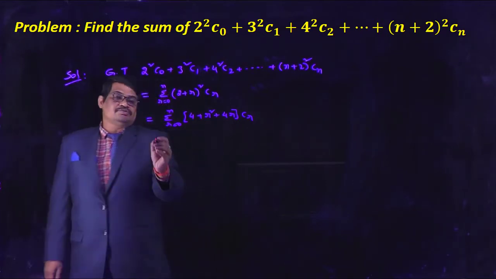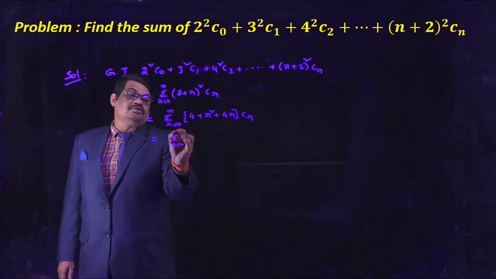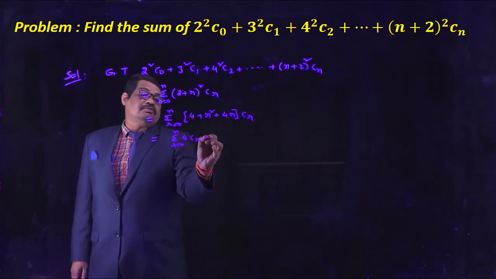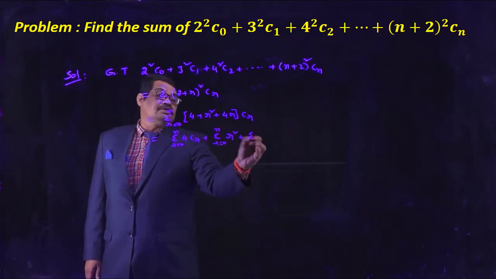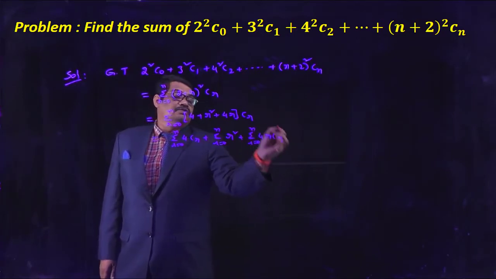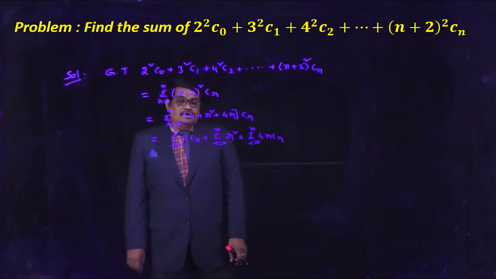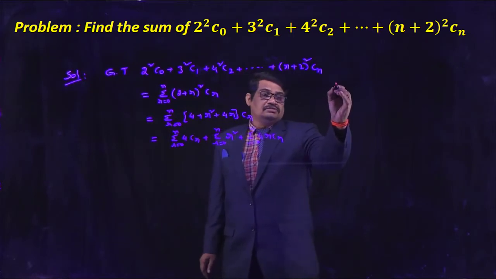Now we are splitting this expression: sigma r equal to 0 to n, 4 into Cr, plus sigma r equal to 0 to n of r square, plus sigma r equal to 0 to n of 4r Cr. Now we are expanding this one. We know the results here. The results are